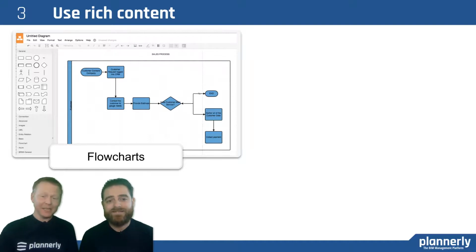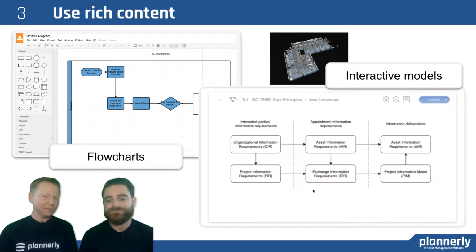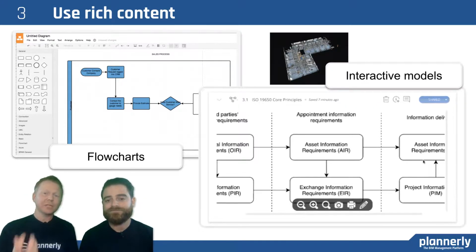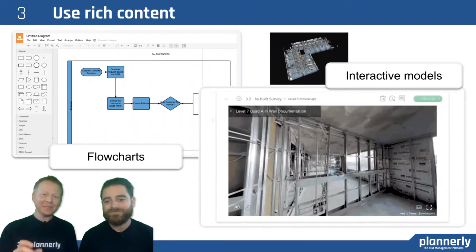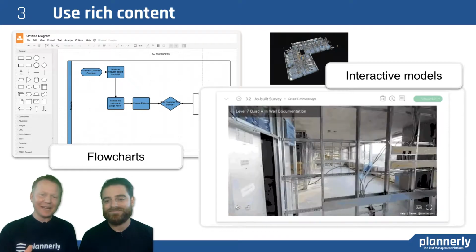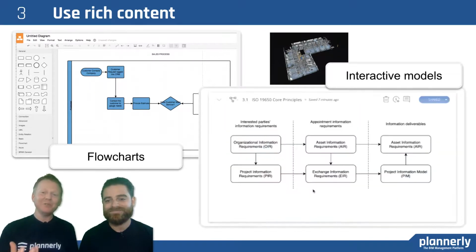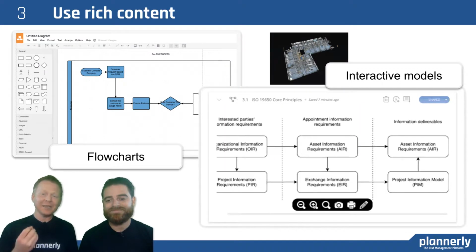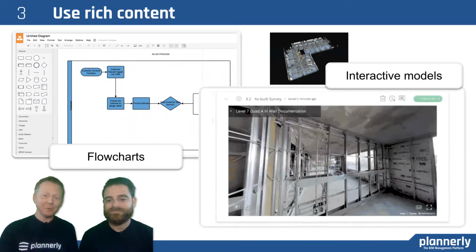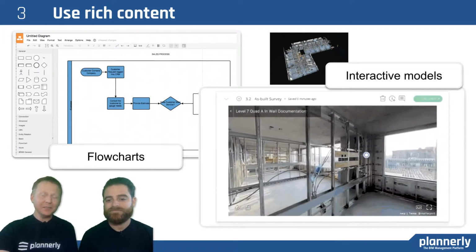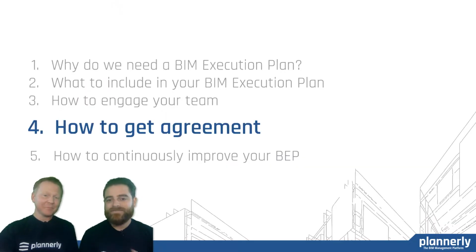Yes. And then use rich content in flowcharts and embed them so they're interactive, so that people can actually view them without having to say, I can't read that, it's too grainy. You can embed the live files and even have interactive model walkthroughs as built. This is an example from Matterport being embedded into a BIM execution plan. Yeah, instead of sending that email somewhere, put it inside your BIM execution plan. People will start to engage and actually look at it.